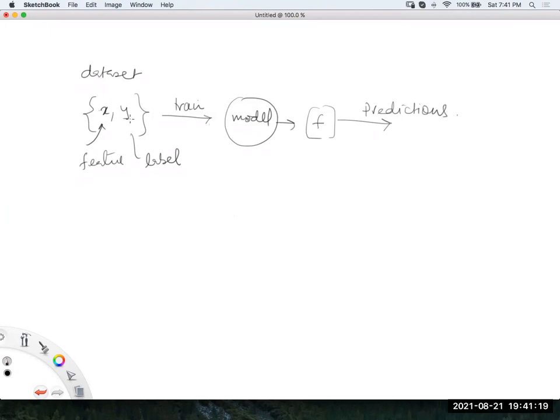Now if X and Y are given to you with the equation Y is equal to f(X), we can easily find out the mapping function, and there are lots of algorithms to do that. Now, this is something that might be new for you if you are a beginner in the field of data science. If our problem statement has a data set containing both X and Y, then this kind of problem is known as supervised machine learning.